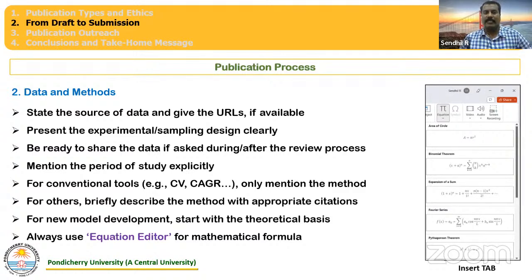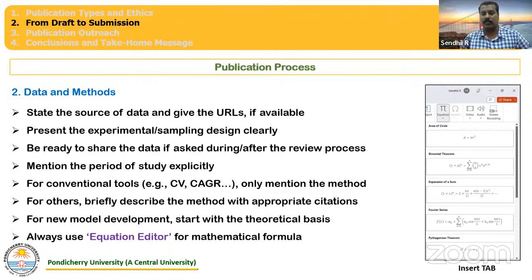And when you are writing the method section, for conventional tools like coefficient of variation or correlation coefficient or growth rates, these are very commonly used. So there is no need to explain, give the details or write the formulas, just mention the method. But for other methods, which are not conventional, you can describe briefly with appropriate citation. Suppose a particular paper deals with a new model development or even theoretical development, then you have to start from